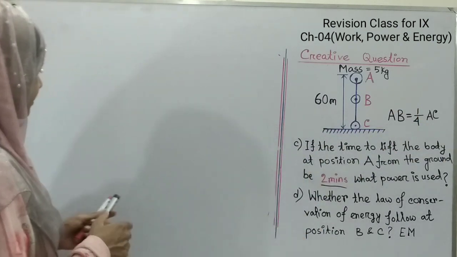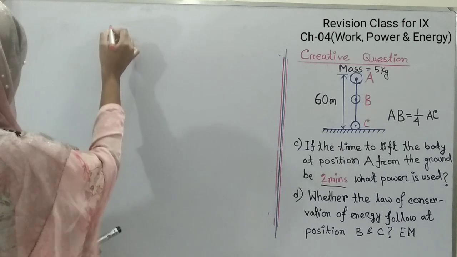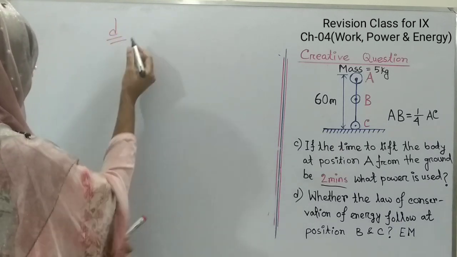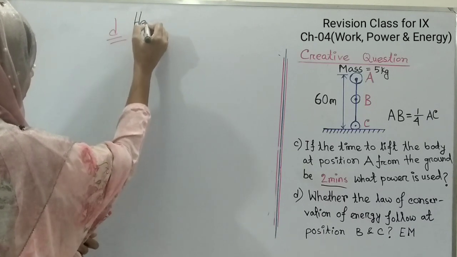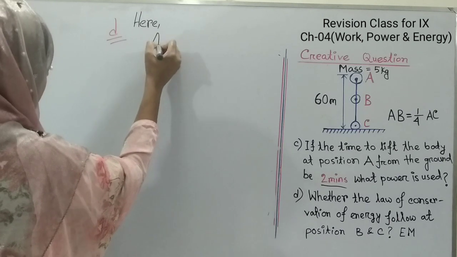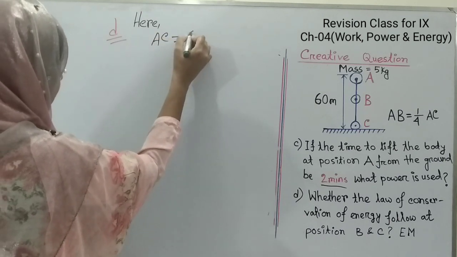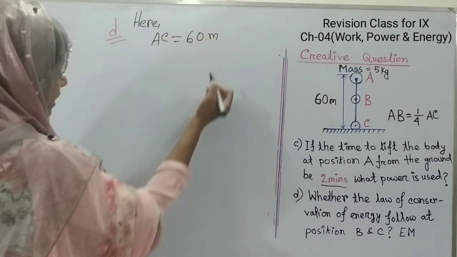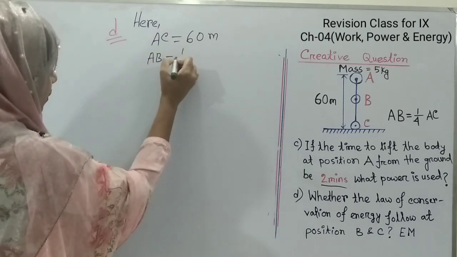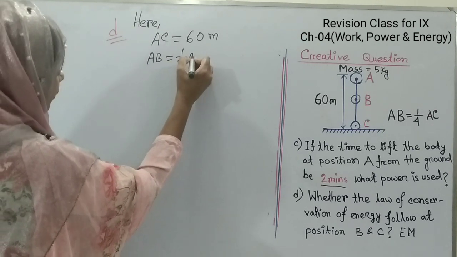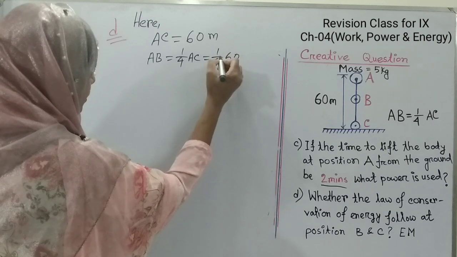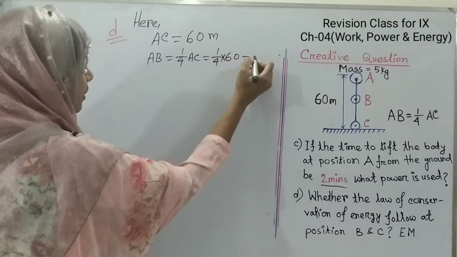So here AC equals 60 meter and AB equals 1 by 4 of AC, that means 1 by 4 into 60, that is 15